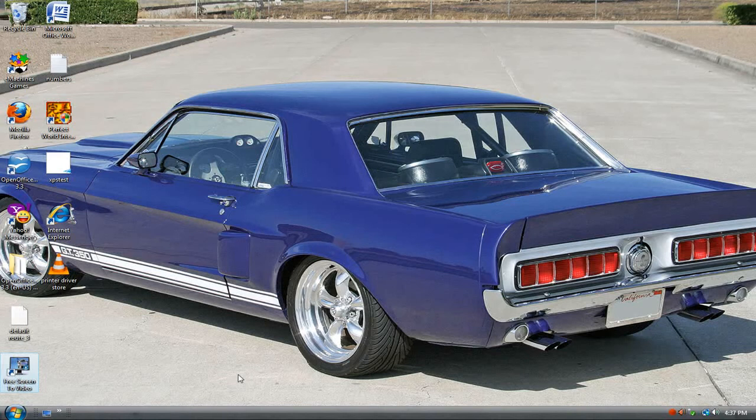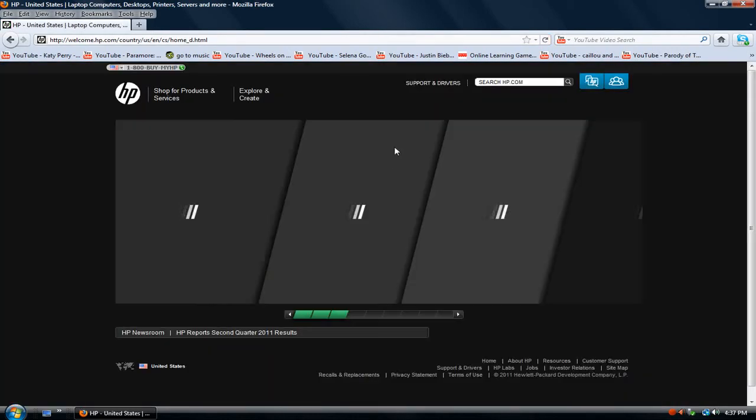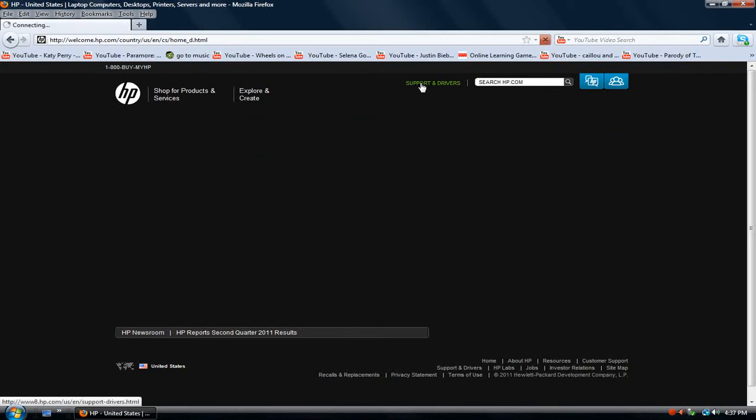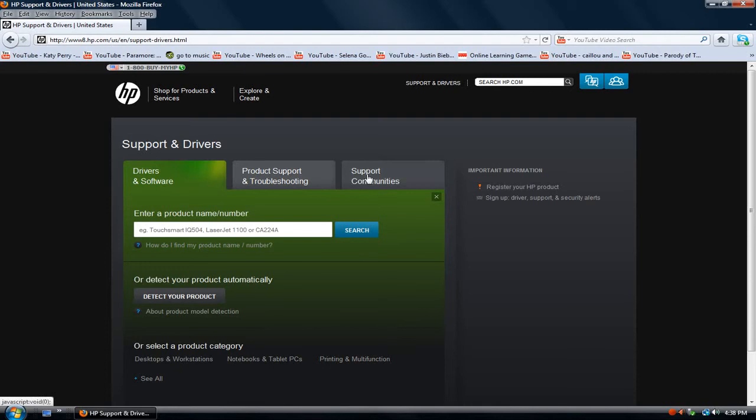To get started, I'm going to open up Mozilla Firefox. It's my preferred browser. You can also use Windows Internet Explorer, version 8, I believe, is the newest one. And then we're going to go to hp.com, and click on Support and Drivers. And then where it says enter a product name or number, we want to type in,